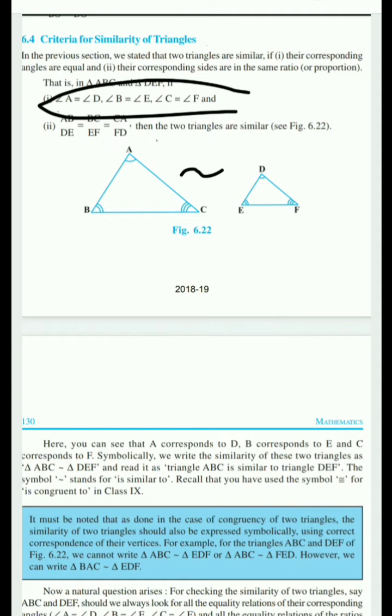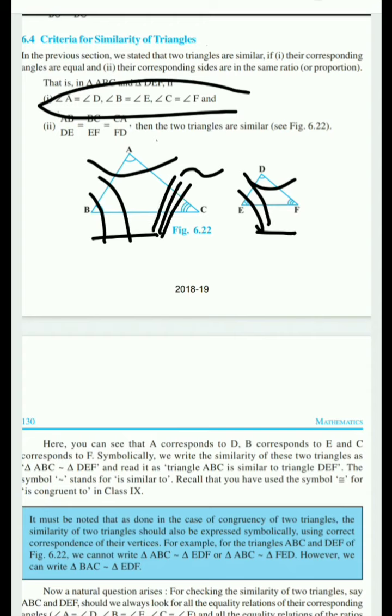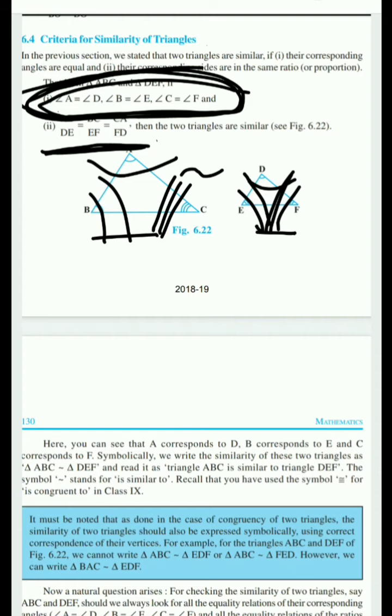So, what is similarity of the triangle? As you know, if one triangle is larger and another triangle is smaller, what criteria should be met? Their angles should be the same, meaning all three angles should be the same, and the ratios of their sides should be the same. Meaning angle A is equal to angle D, angle B is equal to angle E, and angle C is equal to angle F. So they have written here, if their three angles are the same and the ratios of their sides are equal, then the triangles are similar.